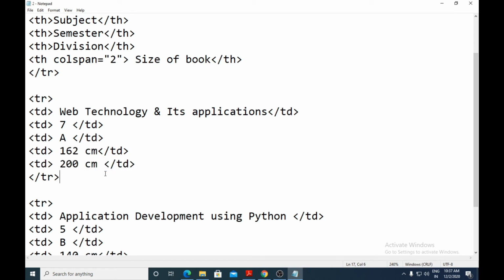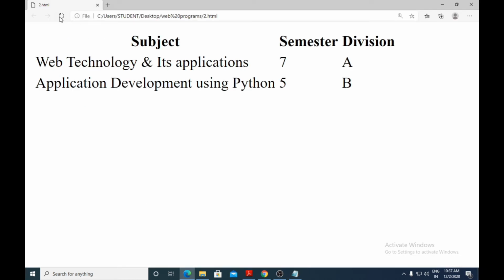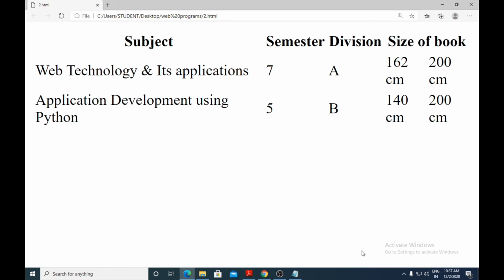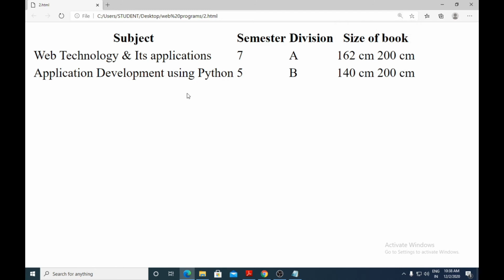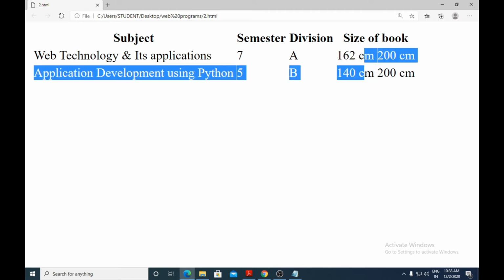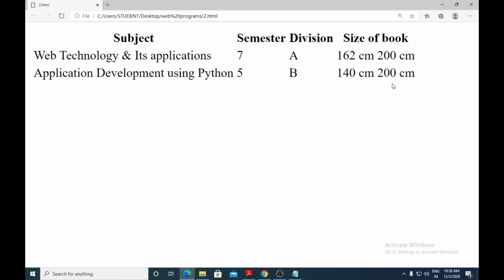Save this, come back. So here you can see, subject here web technology and application, here the title semester, here the title is division, and this title size of book is covering two columns. This is one column and this is the second column.